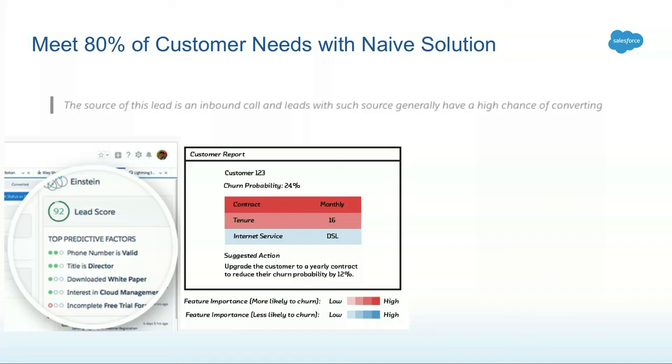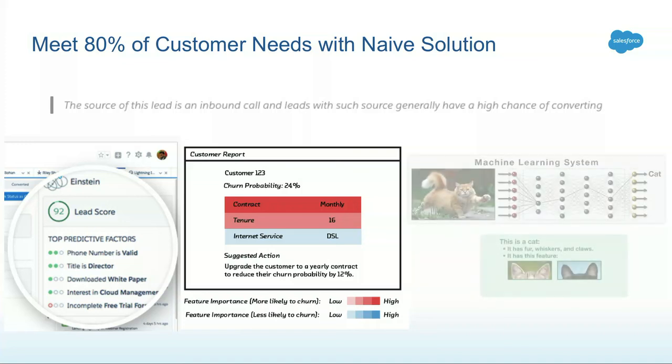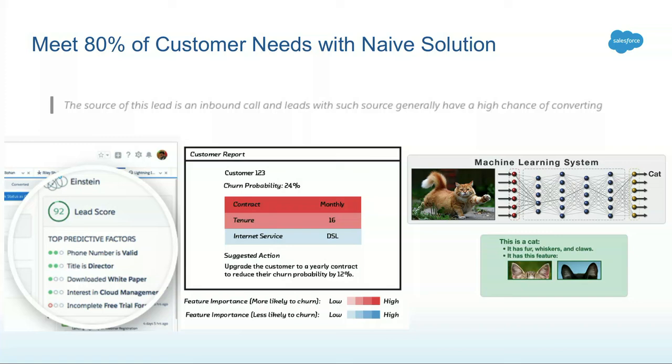What I want to highlight is these techniques work even in deep learning algorithms, such as image classification. Here's an example of a machine learning system taking an image of a cat and saying it's a cat because it has fur, whiskers, and claws. Now, you all know what a cat is. You have all seen that. You have that experience, that intuition, and you know those insights are true. Once that happens, this magical thing is happening. The machine learning system is addressing your confirmation bias, and from being a black box, suddenly you start trusting it because there is some transparency and it's confirming what you already know.